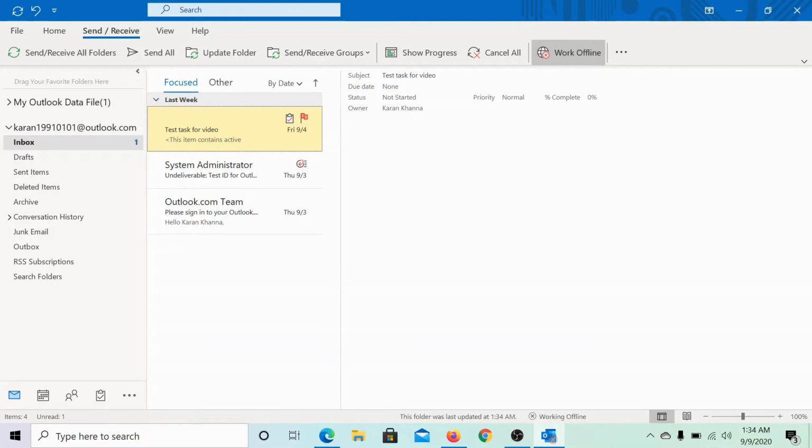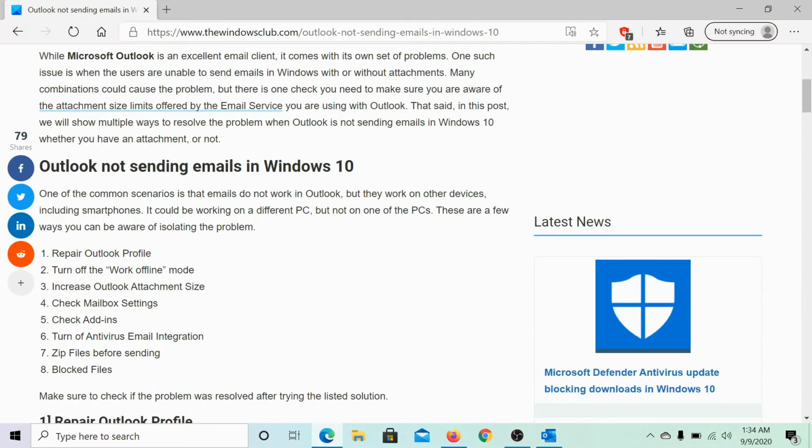If it is selected, you would notice the words Working Offline written in the ribbon at the bottom. You can switch it off by clicking on it once again and it will start connecting to the Exchange. After a few seconds, you would notice the message connected to Microsoft Exchange, which means it is pulling the emails from the server and also sending them.